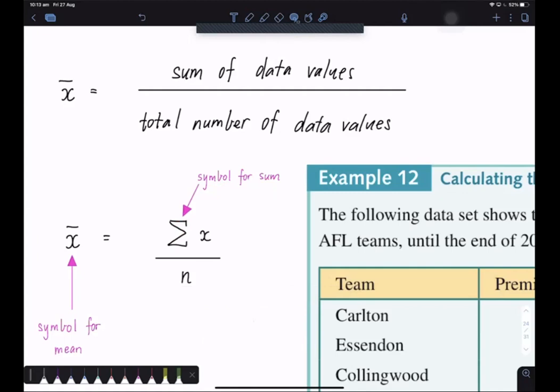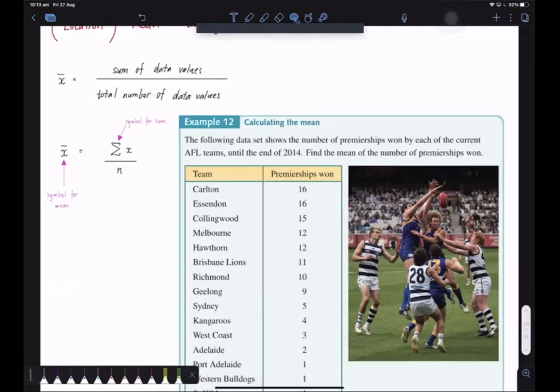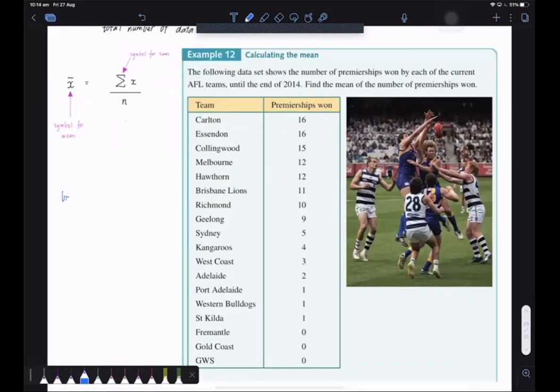So what are we doing? We're summing all of the x values. All the x values represent this here. Each individual value is an x value. So we need to add them all up, and then we divide by this n value here. n stands for the number of data values. Typically, if you were to do this by hand,